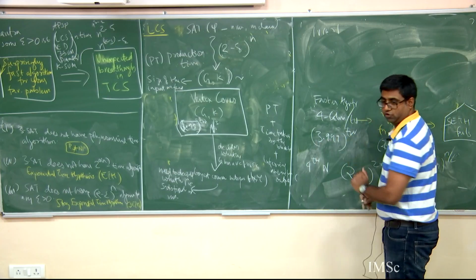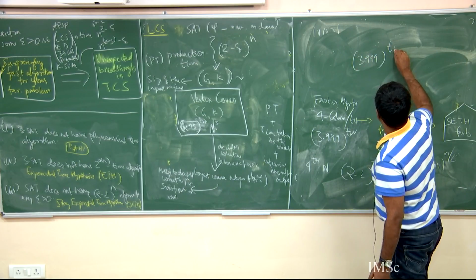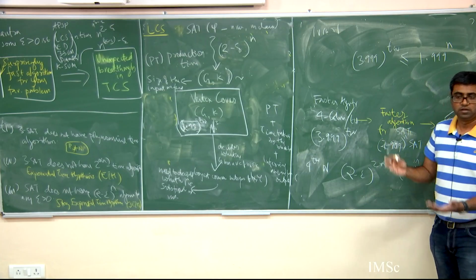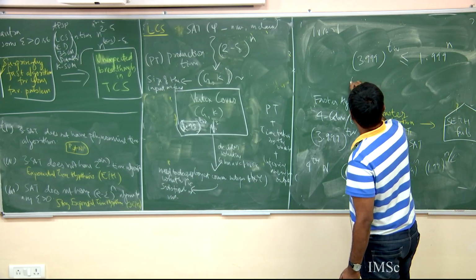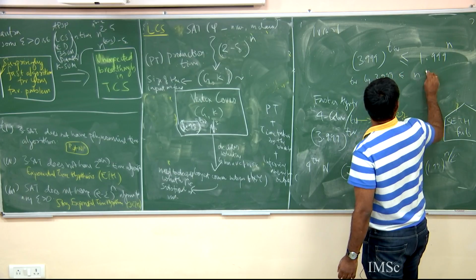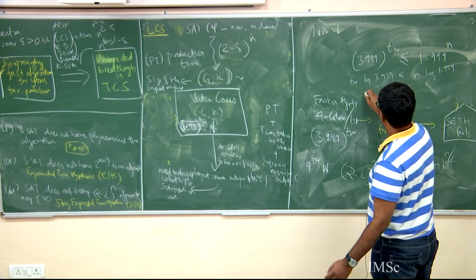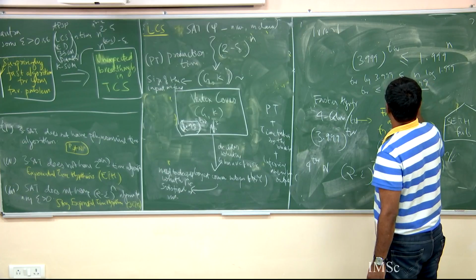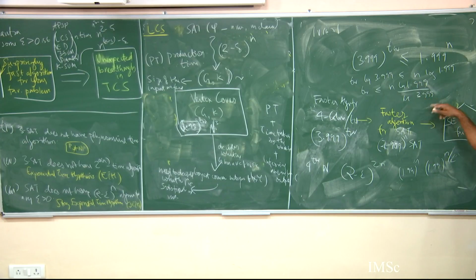So this should be less than or equal to 3.99 to the power tree width, should be less than or equal to say 1.99 to the power n. That's it. Solve this. You take log on both sides, what will you get? Tree width times log 3.99 should be less than or equal to n log 1.99, right? So tree width is basically n times log 1.99 divided by log 3.99, and I have taken log with respect to base 2, so this is roughly like half,